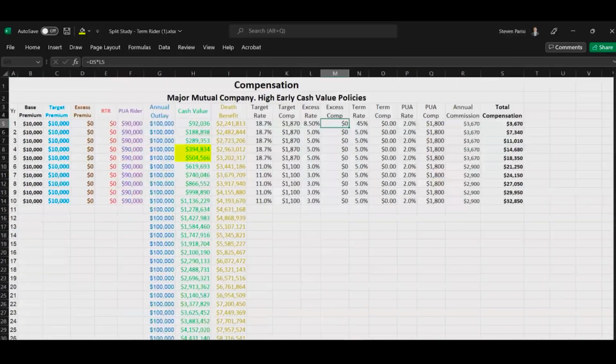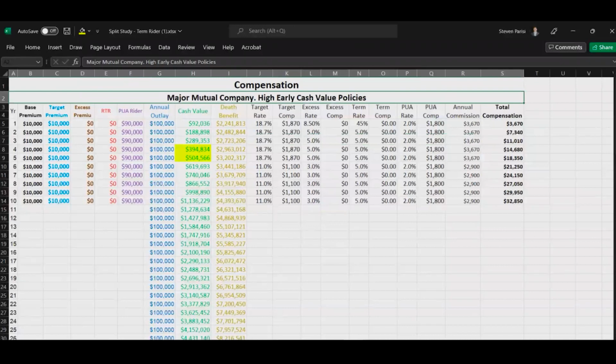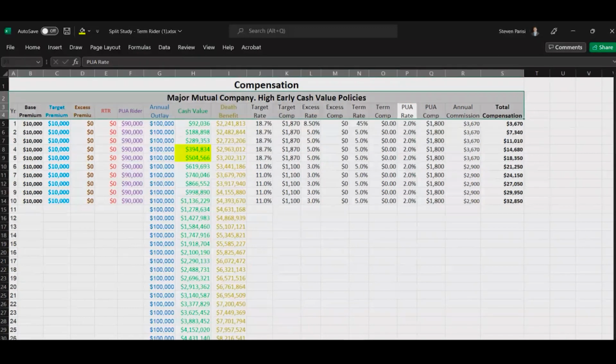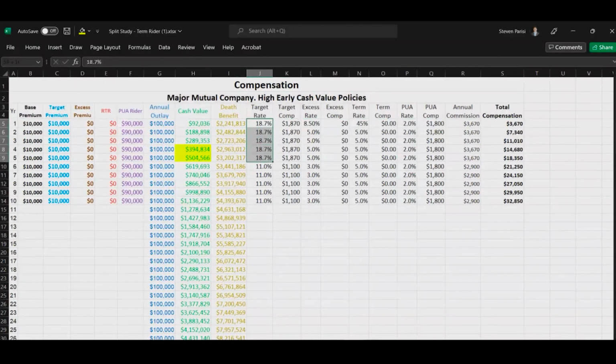Now, looking at the major mutual carrier, and this is a high early cash value product, which pays less upfront. Full disclosure on the rates. So we've got the design, the base premium, PUA rider, we have a 1-year term rider attached. Why it's not here is because the commission rate on a 1-year term rider is the same rate as the PUA rider. So it's not higher like a level term rider. So PUA rider, $90,000 per year. PUA rate, 2%. Base premium for the first 5 years with this product is 18.7%,